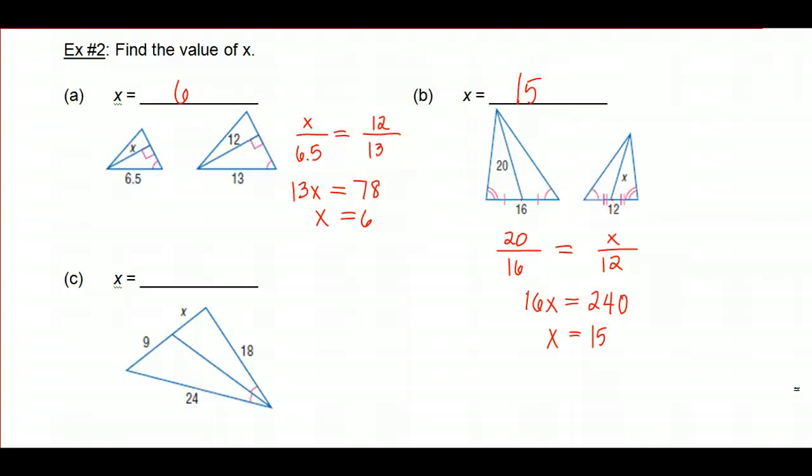So C is kind of an extension on the one with the angle bisector. This is an angle bisector, and we're looking at the segments that